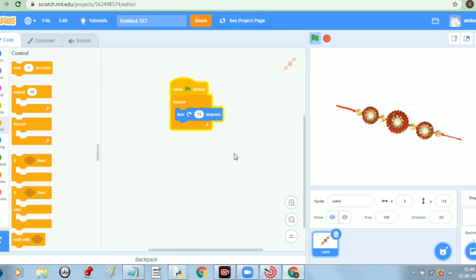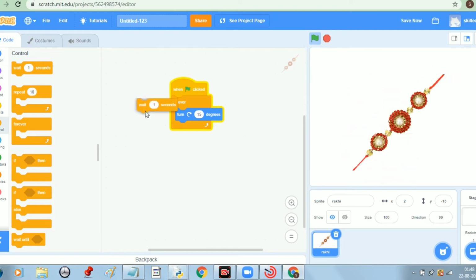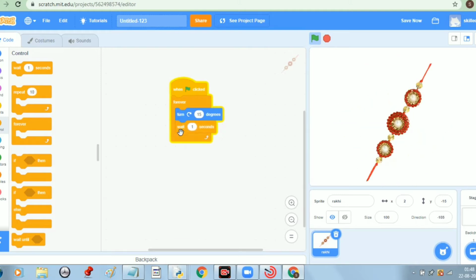So what we can do here is give a wait in between, a wait afterwards. See, now the speed is very slow, so we can reduce the wait duration. This is 0.5. Okay, let us go for 0.1. So this is done, if you want this movement.